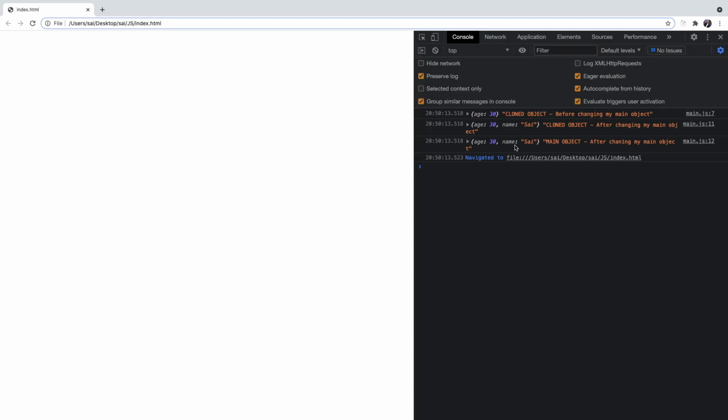This type of cloning is called shallow clone. Let's understand what is shallow clone. Shallow clone is nothing but you will be having two objects, one object is assigned to other object, but both are referring to the same space or memory. So that is why this is happening. So let's try to avoid this in JavaScript. How to avoid this? We can avoid this type of cloning in JavaScript by using three methods.